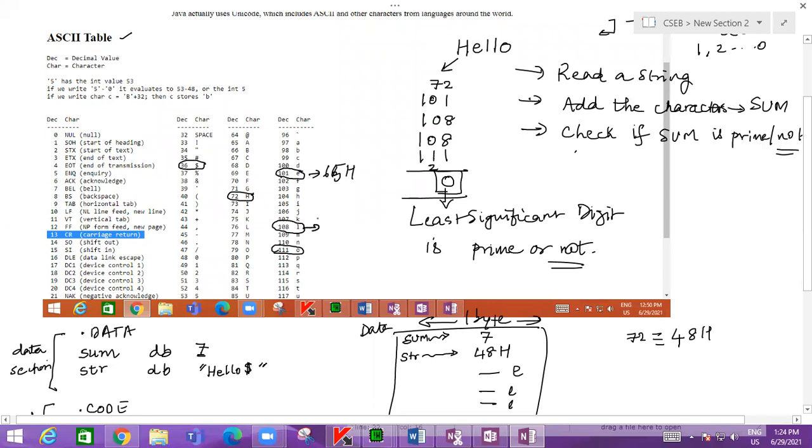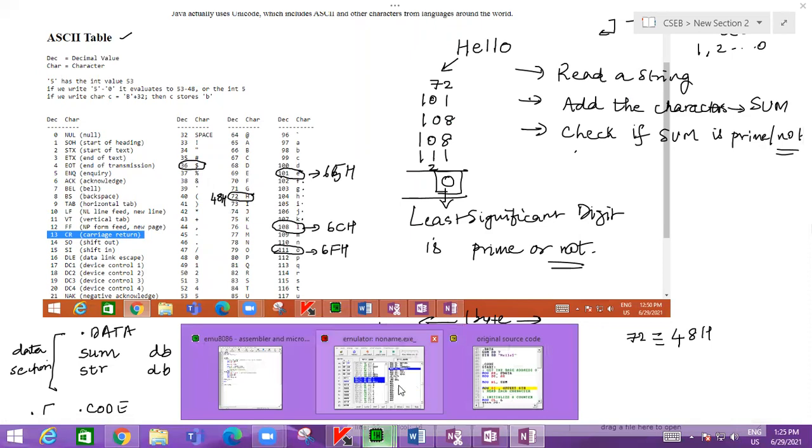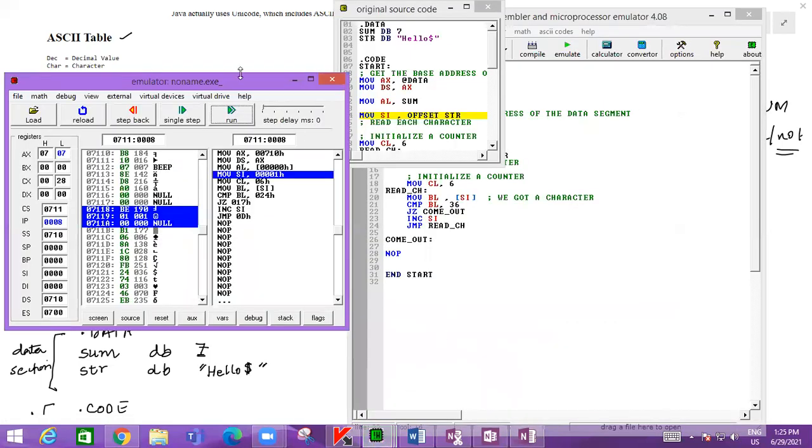Then 65, 66, 67, 68, 69, 6A, 6B, 6C, 6C, 6D, 6E, 6F. Okay, so H corresponds to 48H. So these are the values. Now you know the values.